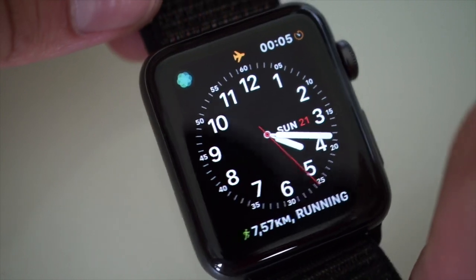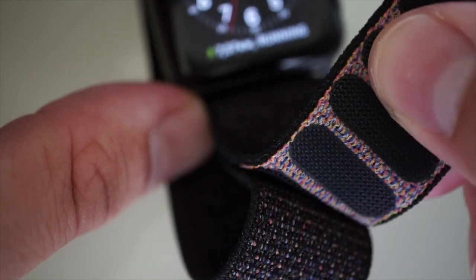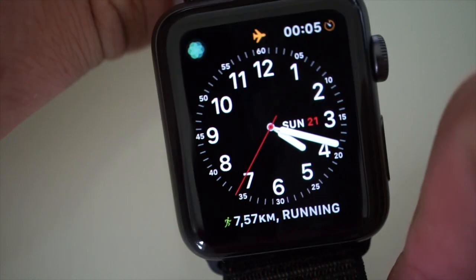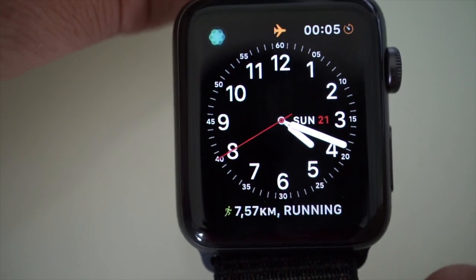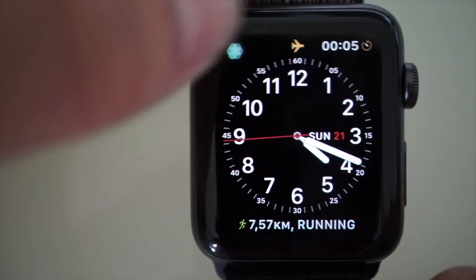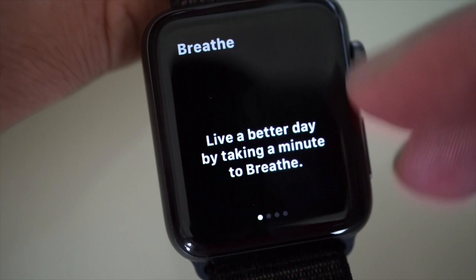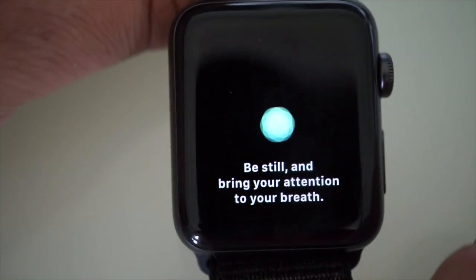And this is my current watch face. And I bought the Nike black Sport Loop, which is amazing with this Velcro material. Very, very comfortable. So I have to get out of here, but this was simply a demonstration of the timer function. And while we're at it, let me simply show you the breathe